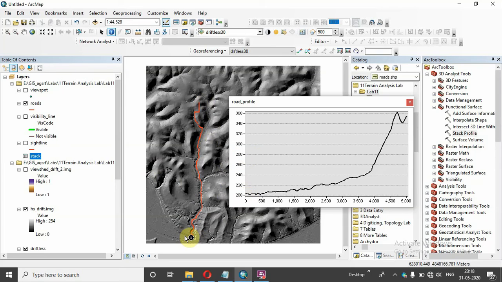My start point has a very low elevation, from 200. The elevation rises, and this region has higher elevation.